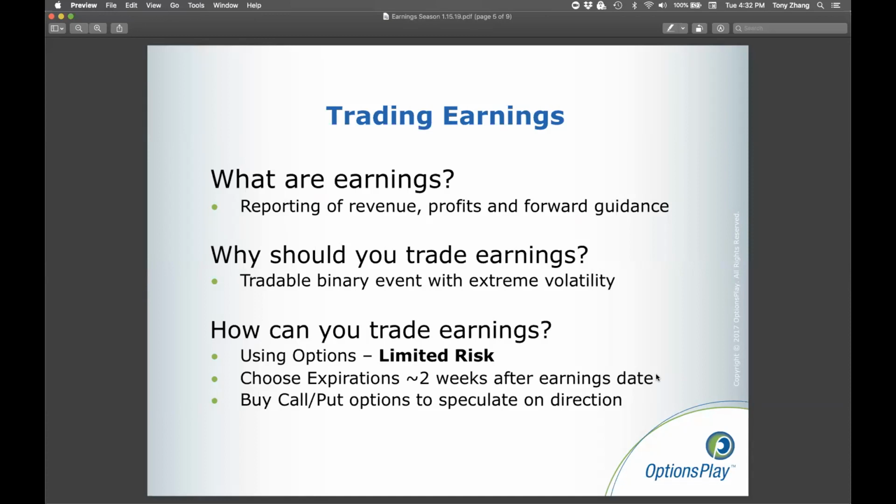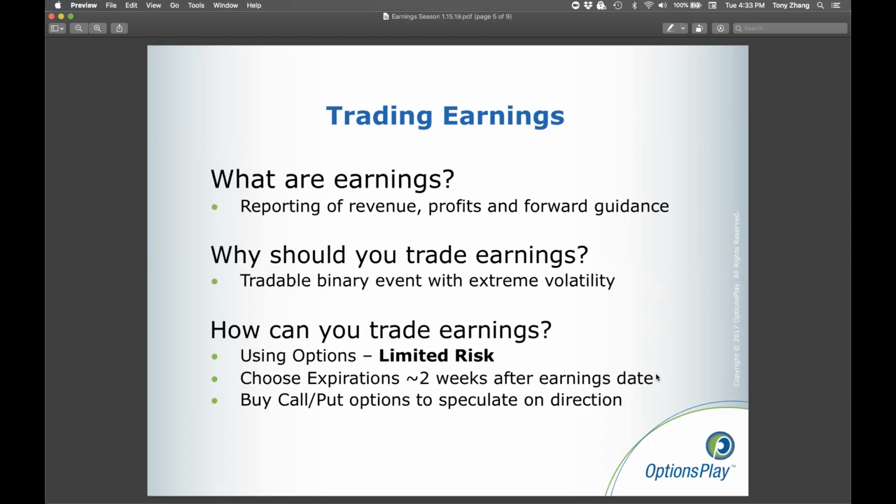Number one, we always recommend that you use options. The reason for this, again, is because options are one of the few strategies that allow you to take that directional view of either believing that the stock will move higher or lower, but doing so with limited risk. So what you do is you simply buy a call or a put option that allows you to speculate on bullish or bearish views. A call option if you expect the stock to move higher, a put option if you expect it to move lower, and allowing you to do so that no matter what happens, the most you can lose is what you've paid for that call or put. And I have quite a few examples of some stocks to show you of how to go about doing this.